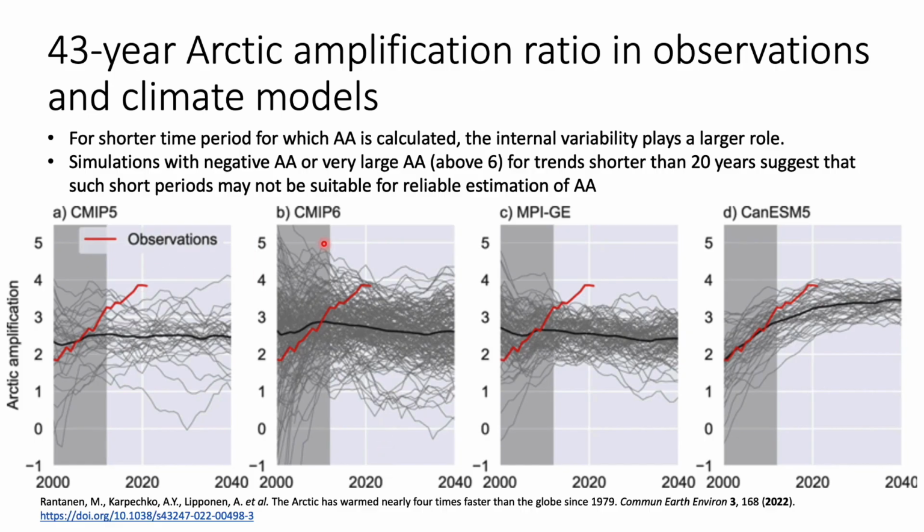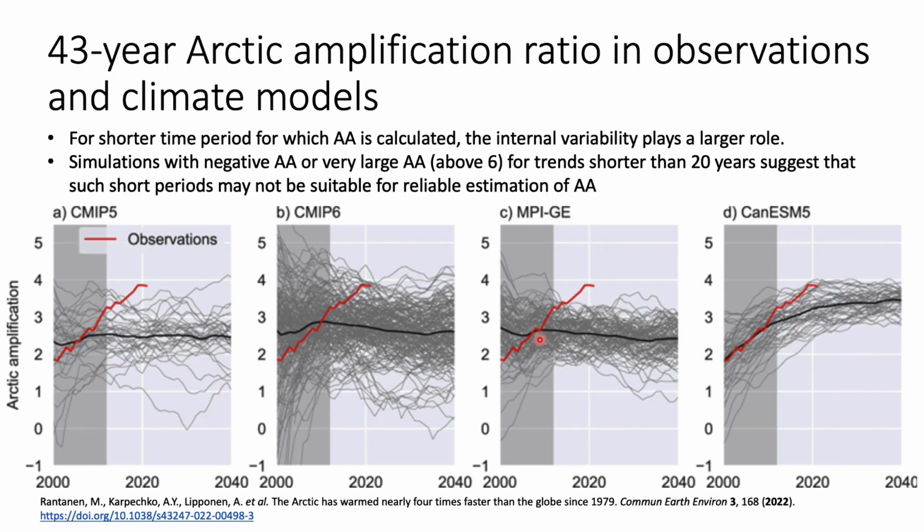And here are the observations that many scientists have made. Over the 43 years, the Arctic amplification ratio in observations and climate models is shown here. For a shorter time period for which the Arctic amplification is calculated, the internal variability plays a larger role. Here the red one is the actual observation, and the black one is the theoretically calculated modeled one. There are different models that are used: CMIP5, CMIP6, MPI-GE and